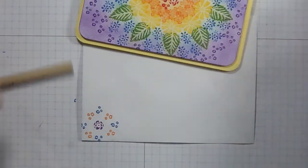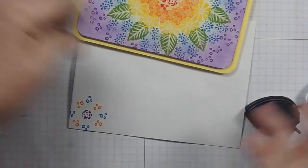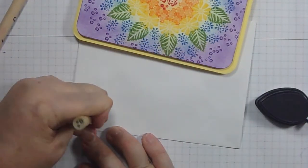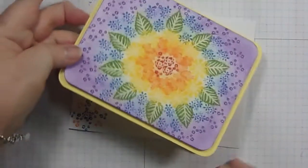I think I might stamp a couple more of those purples in there. Maybe I'll stamp some of the little ones in purple around the big center one. There. So here is our card,